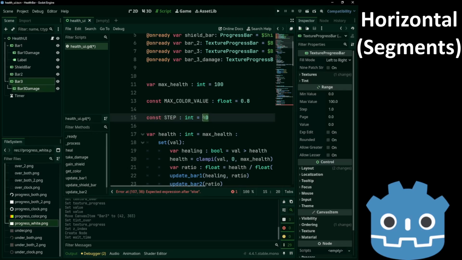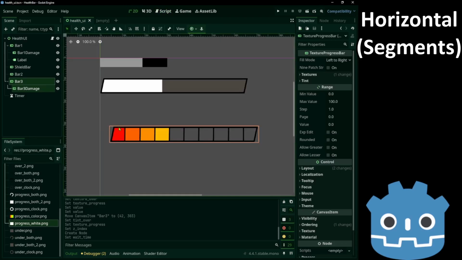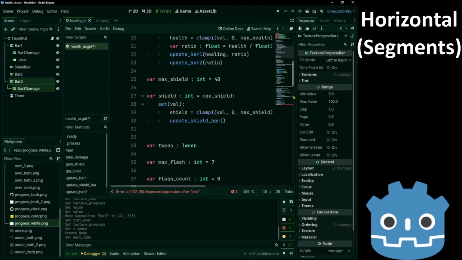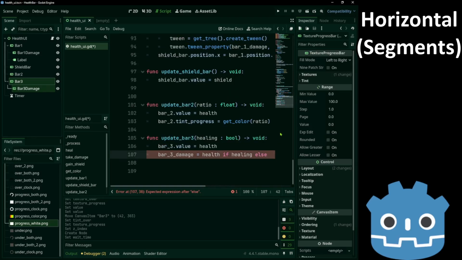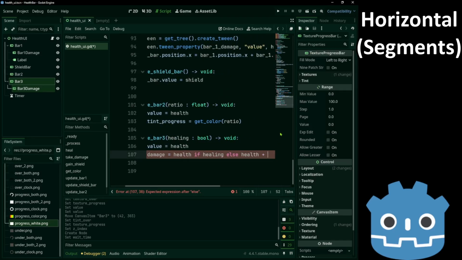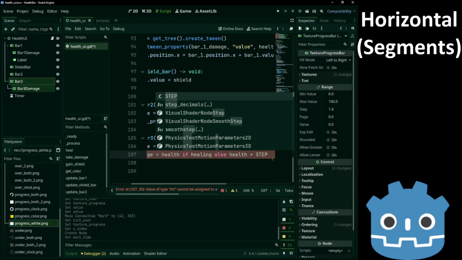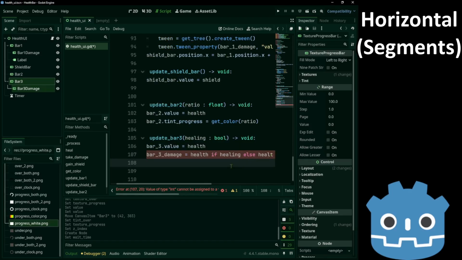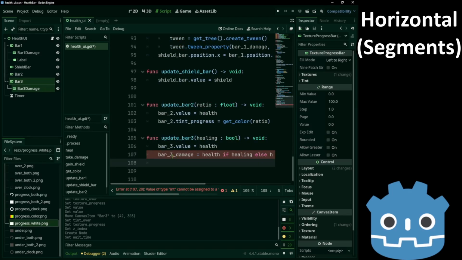It's going to be 10 because I've split the health in 10 boxes. Health plus step. Dot value.